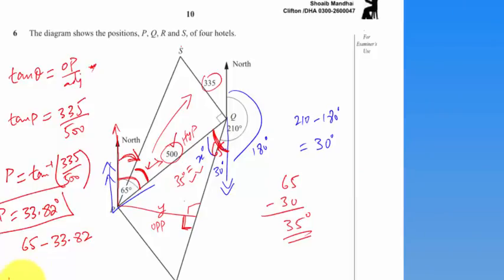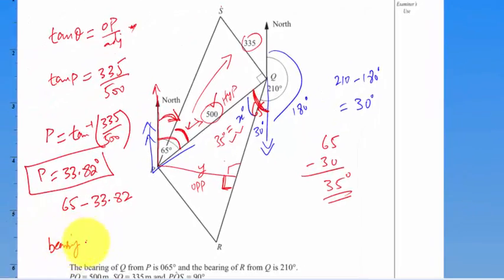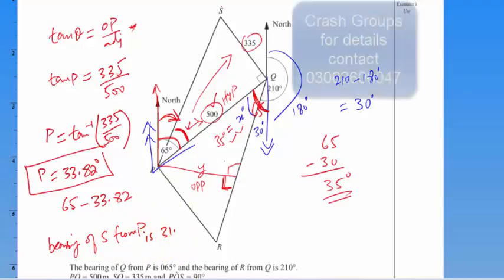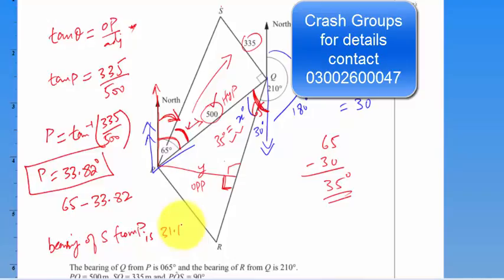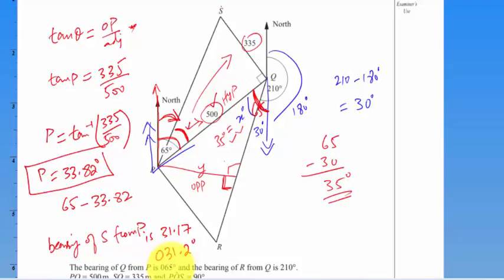Bearing of S from P is 31.17, which is actually 031.2 degrees. You can show all the working on the next page. I'm doing it here to make it more clear because I cannot shift the pages up and down. So this is how